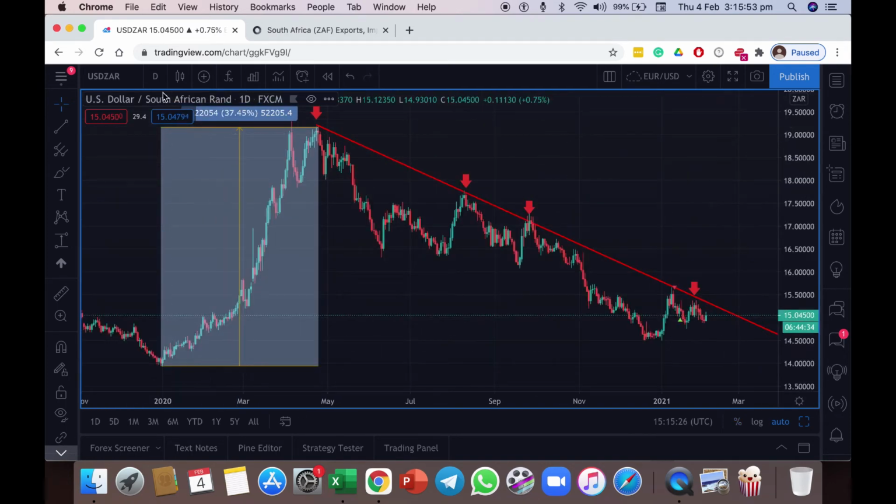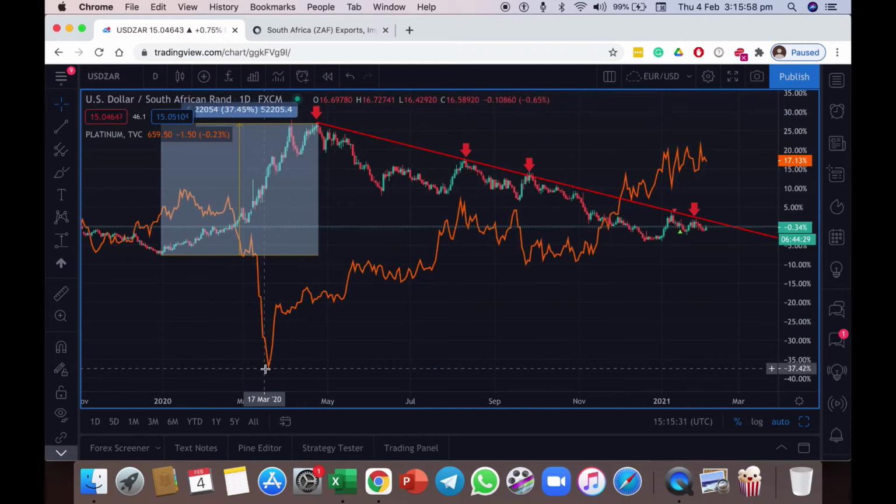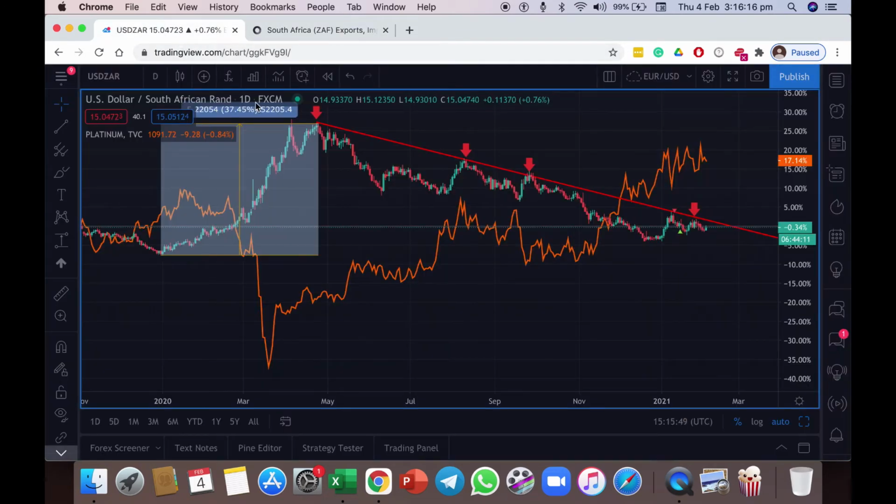On top of that, we can also see platinum prices. When we look at platinum, same situation. When the market started to buy back platinum, because it's a key commodity used around the world, you can clearly see as soon as platinum prices started to rise, the South African rand also started to strengthen as well. So you can clearly see that if South Africa's key export is platinum, a lot of stocks within this stock market in South Africa will be affected by platinum prices. And that's the fundamentals, guys, behind why when stocks move higher, commodities move higher, the South African rand gets stronger